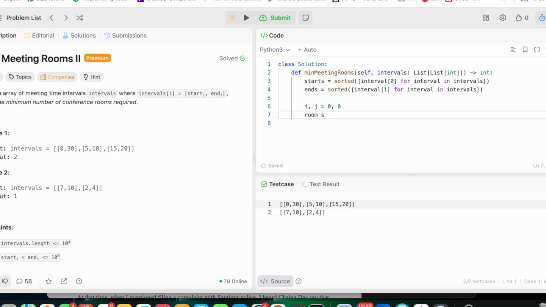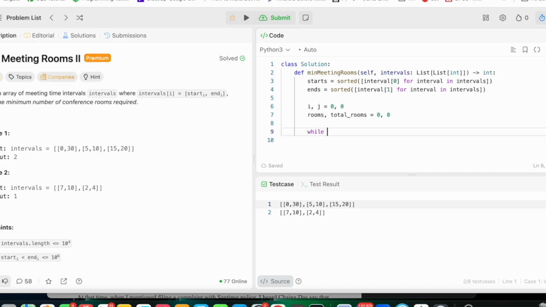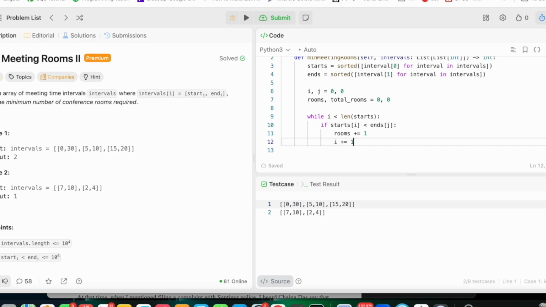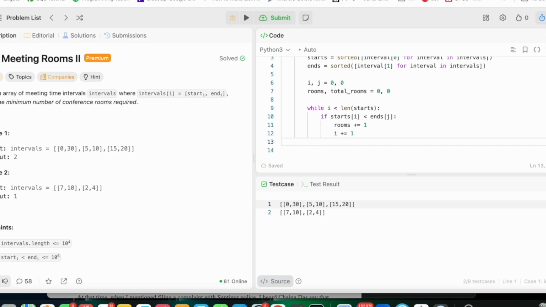And just like earlier, we need rooms and total rooms. Both are initialized to 0. Next I am going through the starts list, basically while i less than length of starts. If starts of i less than ends of j, that means we have to increment the room count. rooms plus equals 1 and i plus equals 1, because we want to increment our i pointer,